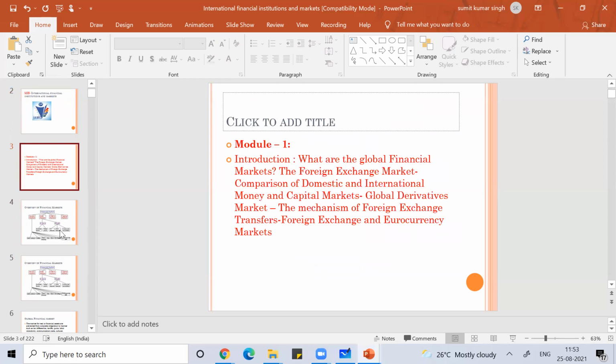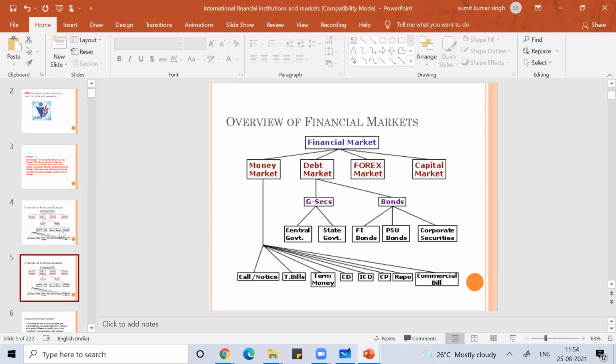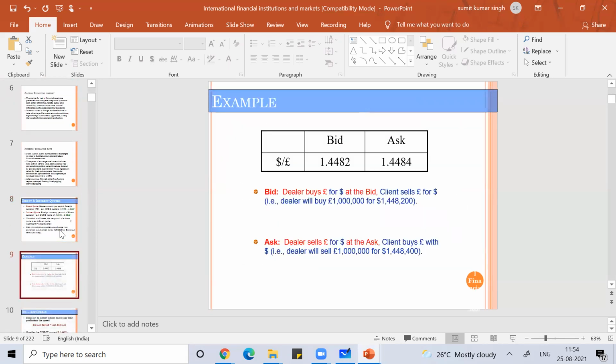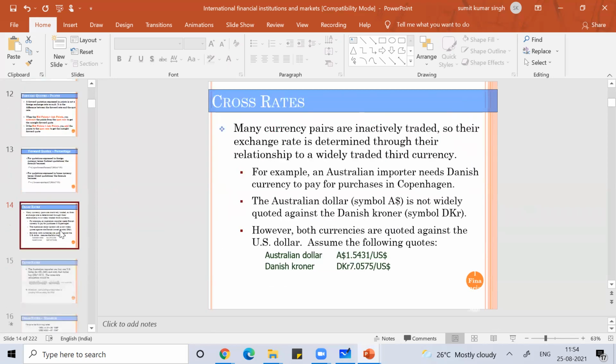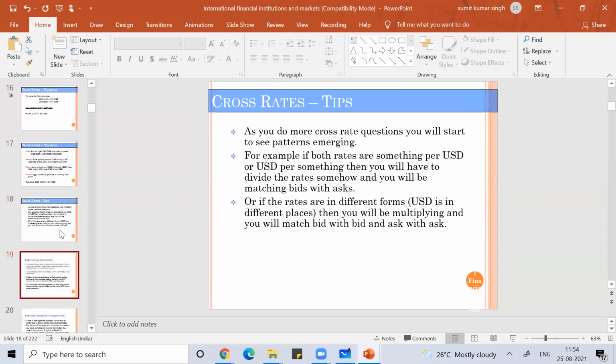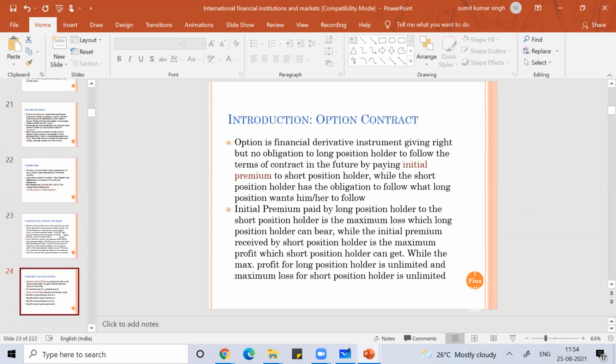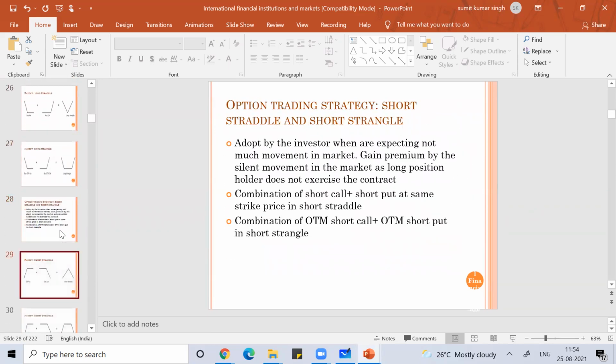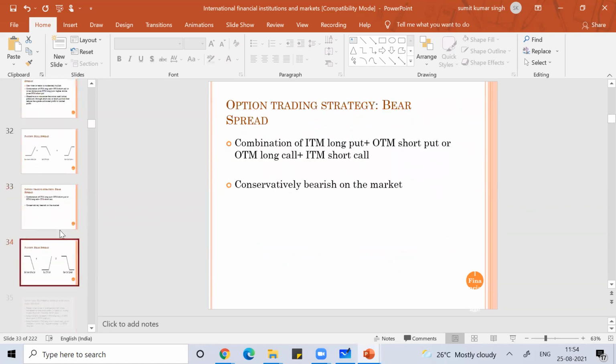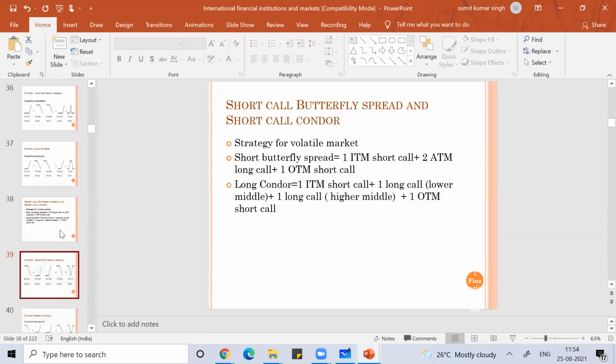Under module one, you have these topics like the global financial market, the foreign exchange market, and the comparison of domestic and international money and capital market. Then this class started. These PPTs are there. So this is chapter one, and these are all in chapter one.